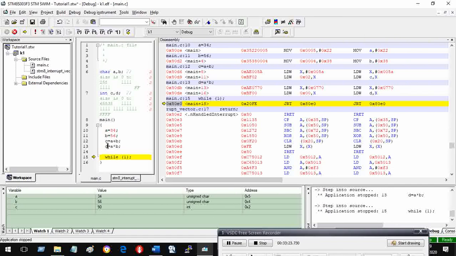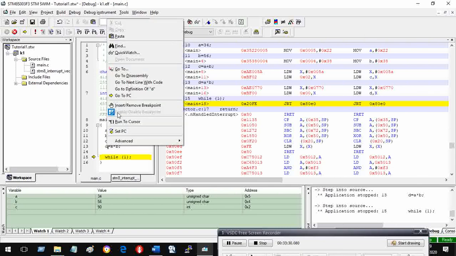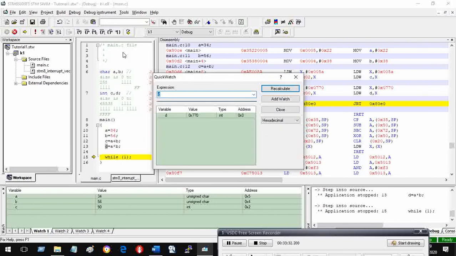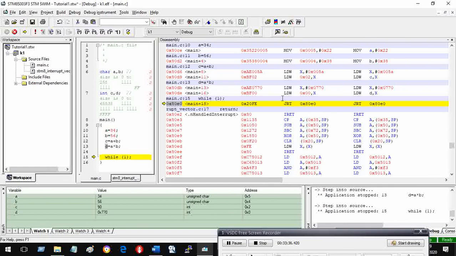Let's go to D, and I am right clicking, which you cannot see. So I am right clicking here, quick watch, and D has appeared here. So I say add it to the watch window, and it has come over here. Address is 0. This is the address column. As you can see, address of D is 0.